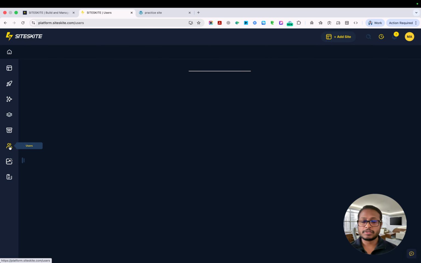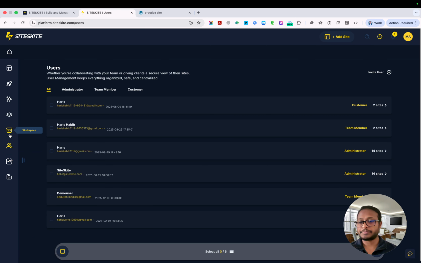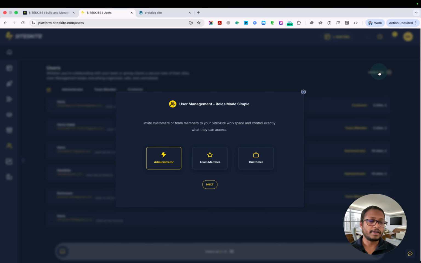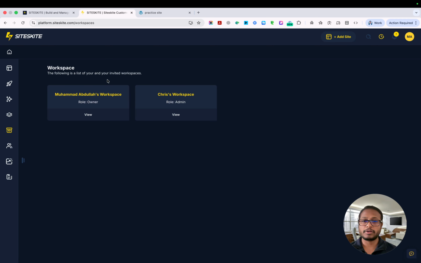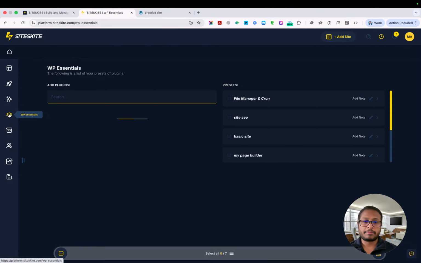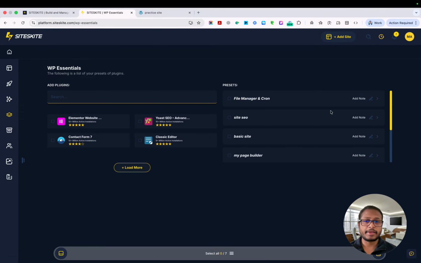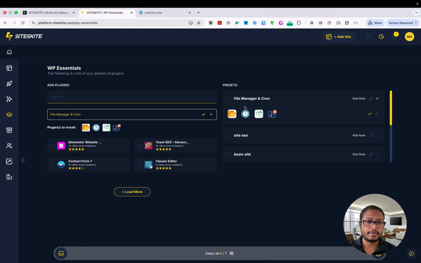We do have user features where we can add users and invite users to our workspace, and we do have workspaces here. You can see Abdullah Chris workspace, and we can navigate to our customers' workspaces. WP Essential, as I mentioned initially, we can create essential plugin sets, and then we can add them in groups. For example,